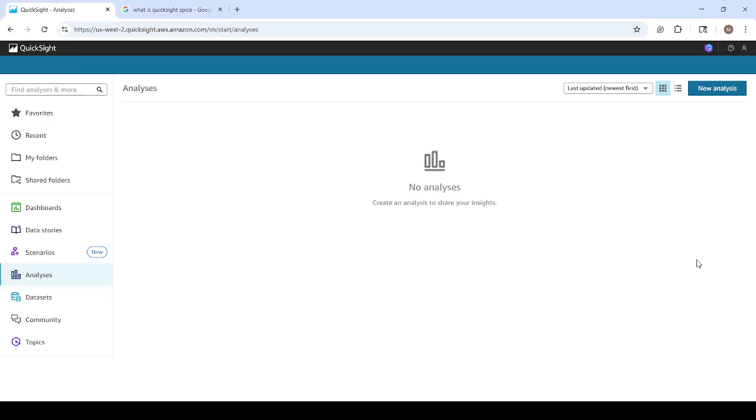Today I'm going to discuss the generative BI features in Amazon QuickSight. So we all know about generative AI, but today I'm going to discuss generative BI in Amazon QuickSight. So let's think about a use case that